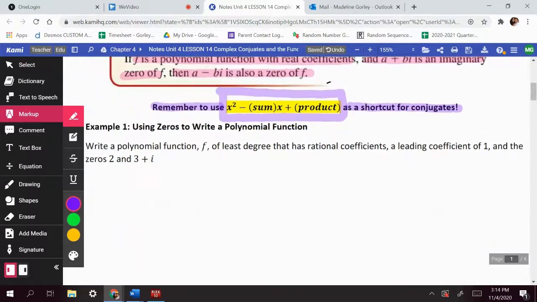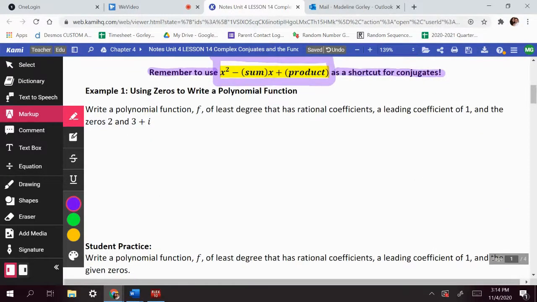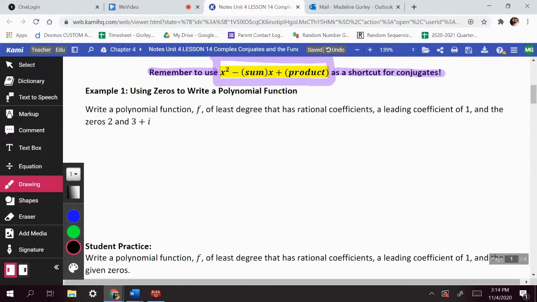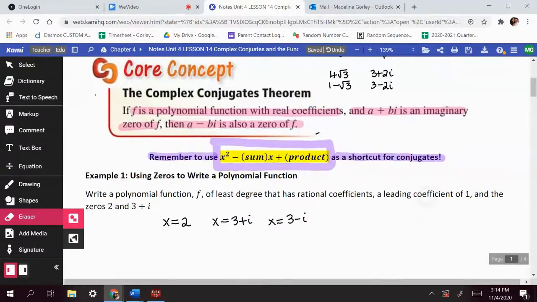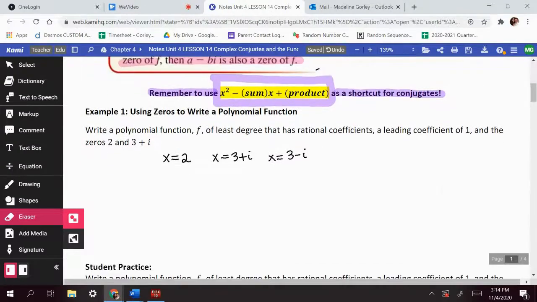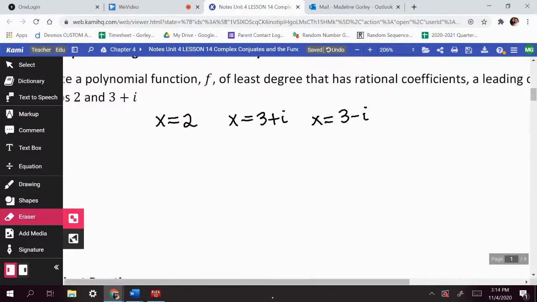Okay. So in this example, it says using zeros to write a polynomial function. Write a polynomial function of least degree that has rational coefficients, a leading coefficient of 1, and the zeros 2 and 3 plus i. So I have a zero of 2. I have a zero of 3 plus i. And if 3 plus i is a root, what else has to be a root? 3 minus i has to be a root by this theorem up here, the complex conjugates theorem. Okay, now as soon as I see conjugates, right, these are conjugates,